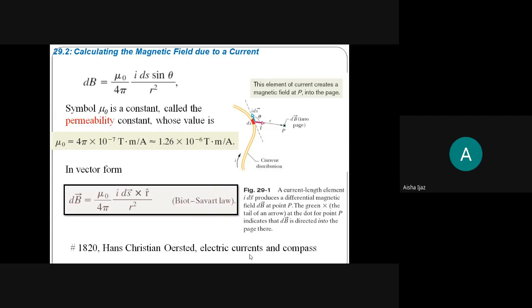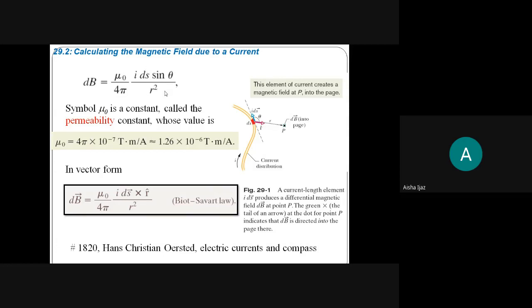So mainly this chapter is related with the magnetic field due to a current and how we will be able to calculate it. In order to calculate that, we have a fundamental law called the Biot-Savart law. It's analogous to Coulomb's law in electrostatics, which we used to find the electric force, and later used to find the electric field for charges at a certain point in a given problem. But how will we calculate the magnetic field for a current carrying wire, which can be of any shape? For that we have to use this formula.